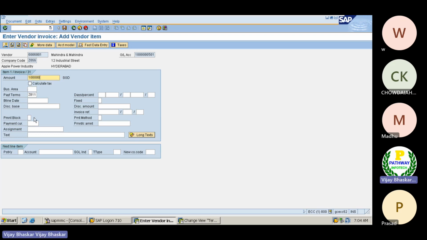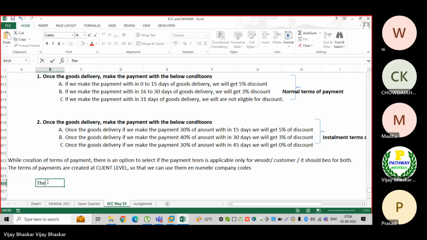Now you can see here, how should the system know this payment term is applicable for this vendor? How should the system know? This is the important thing: payment term determination while posting a document.